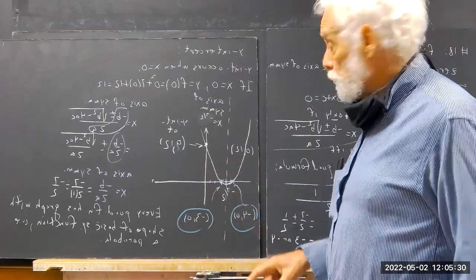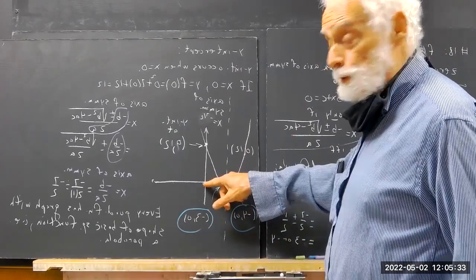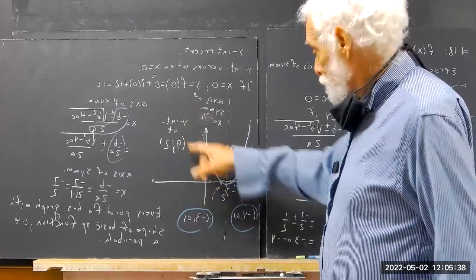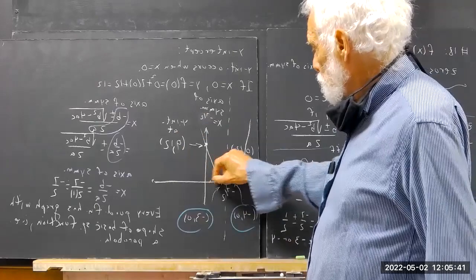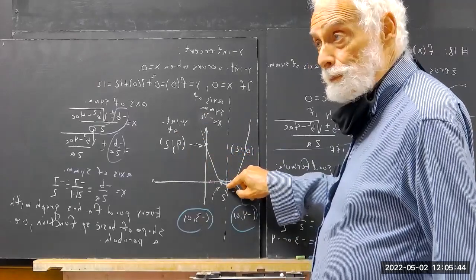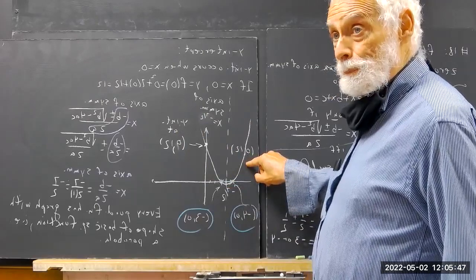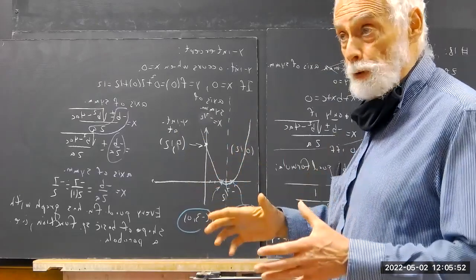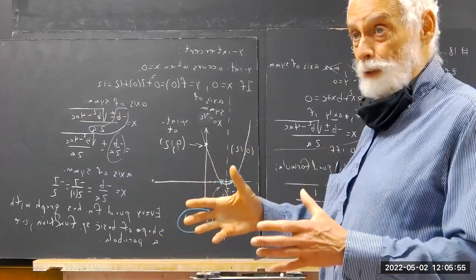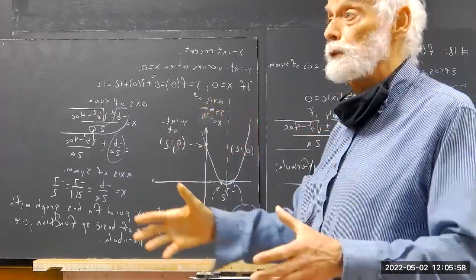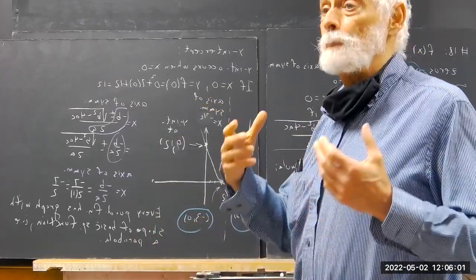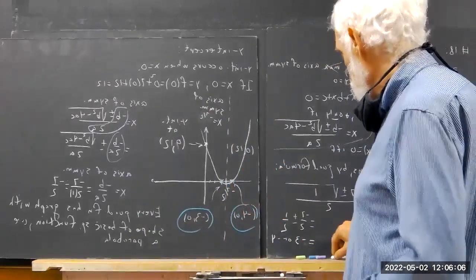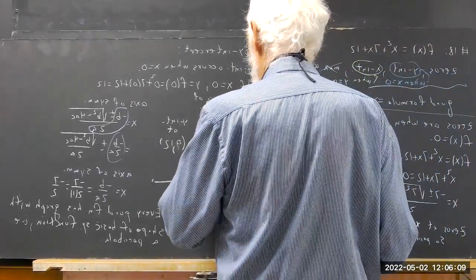If you take the x squared graph, which would have vertex here and go through (1, 1) and (2, 4), right? So that graph, if you take that graph and move it over here and move it down a little bit, you get this graph. And that whole process of how you move a graph around, you take a basic graph and you move it, okay? That's called transformations, and you see that in the very first chapter of pre-calculus. We're not going to have time to go over transformations in this course, but this is an example of a transformation. So if you have the y equals x squared graph,